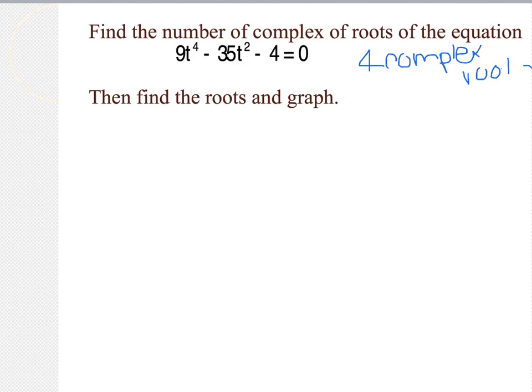Now, we want to factor the equation to find the roots. So, taking 9t to the 4 minus 35t squared minus 4. To factor this, sometimes it might just take some trial and error to come up with a solution. But after you tinker around a little bit, and we'll have plenty of practice with this in class and in our peer reviews and on your assignment card, it would be 9x